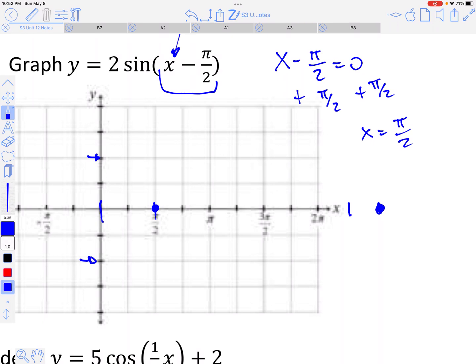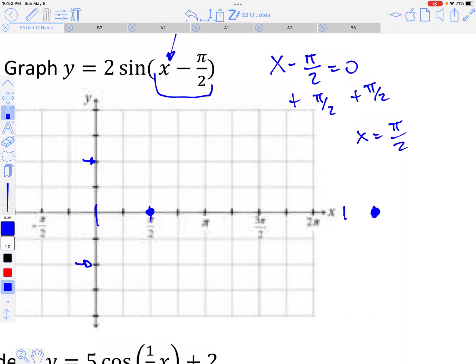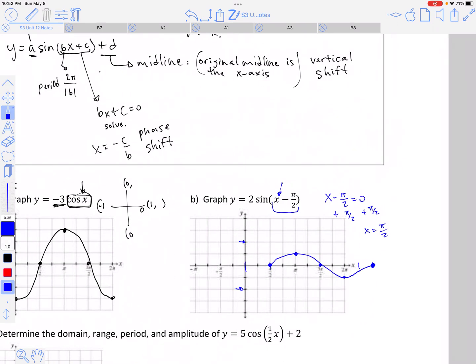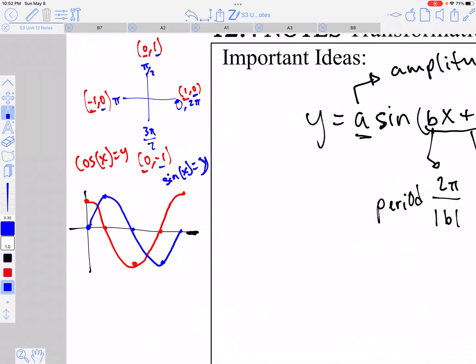All right, so I'm going to now do our job. At pi halves it'll be at 0. At 2.5 pi it'll be 0. Now I'm just going to find the middle. 1, 2, 3, 4, 5, 6. All right, so just find the middle there. So at 3 pi halves will also be at 0. At pi will be at 1, and at 2 pi will be at -1. Boom, boom, boom. So what the heck just happened there is I remembered, take a look at this blue graph,